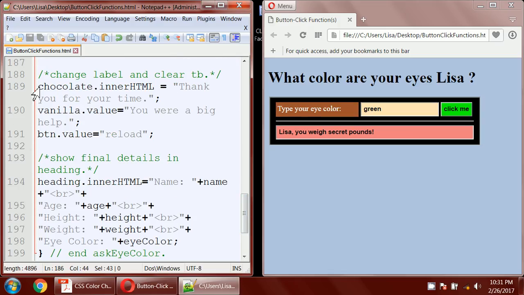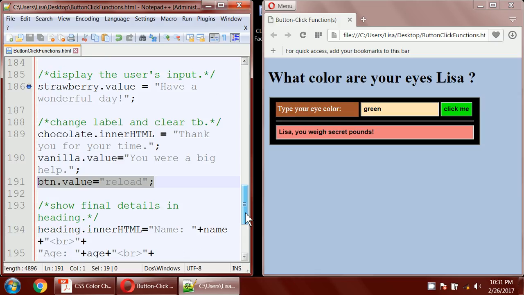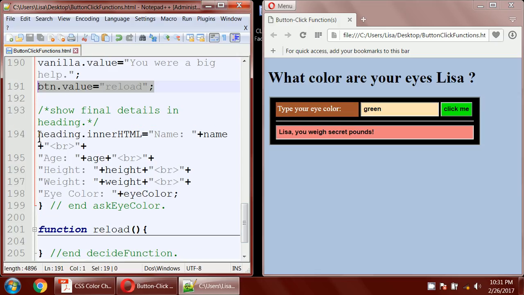The chocolate.innerHTML is going to say thank you for your time. The vanilla.value is going to change from the green that I put in here to you were a big help. And the green button, the btn.value, is going to change from Click Me to reload. And then the